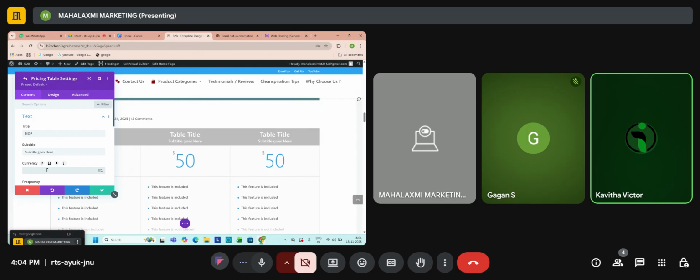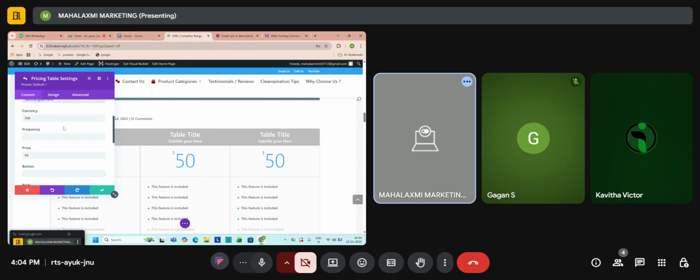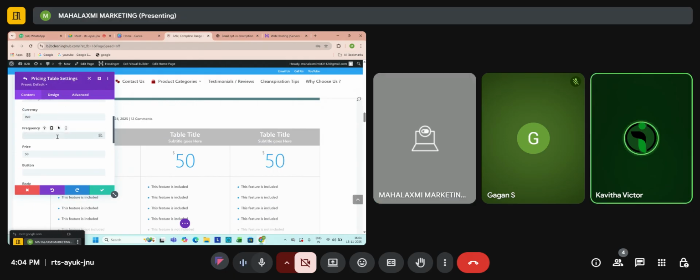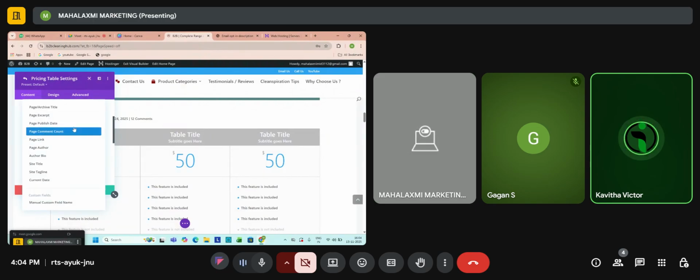INR. Button shop now. Frequency is per piece. Don't click on that, just type it.